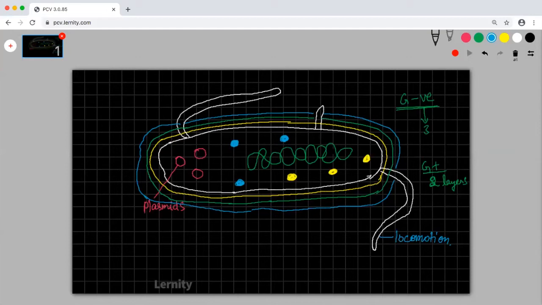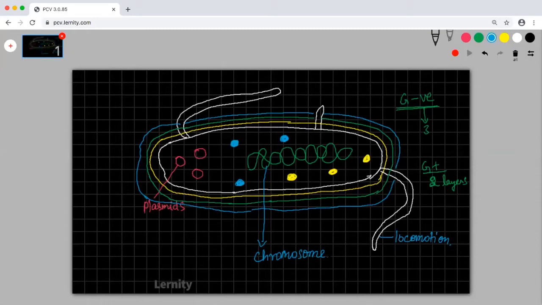Why do we call it a prokaryotic cell? Because this is the chromosome. The chromosome is not covered by what? I'm waiting for some responses. Nuclear membrane. Yes, Jay Anirudh has said it. People are saying, okay, very good. So it is not covered by nuclear membrane, so we call it a prokaryotic cell.